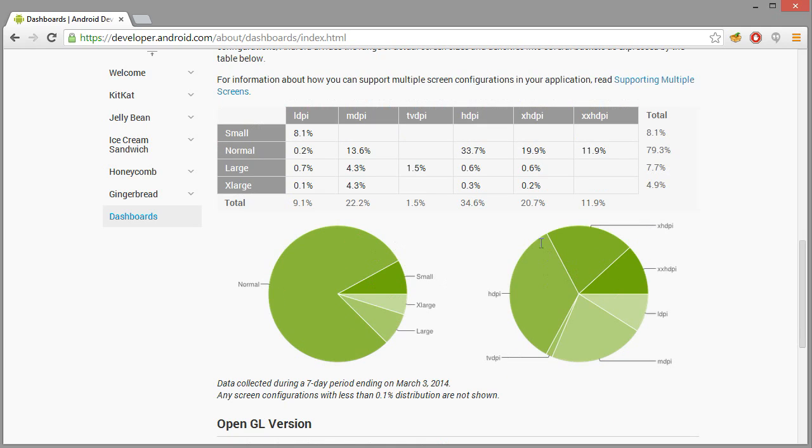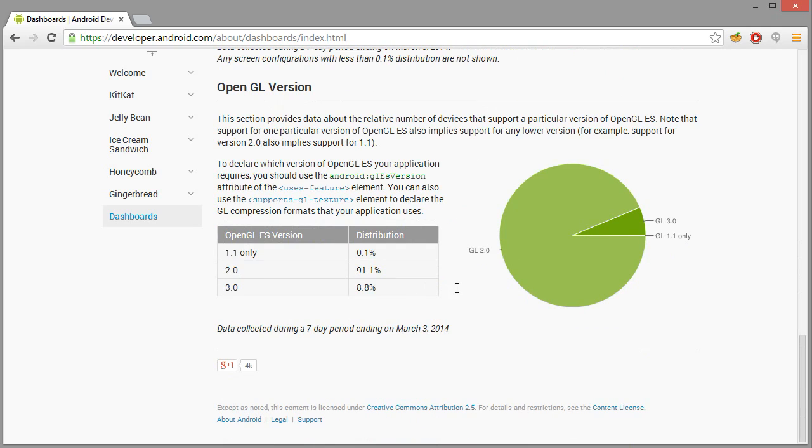Okay. Now here is the OpenGL version. For those people who are developing games on the Android platform, this is highly important. Now you can see how many people are running devices that support which version of OpenGL ES. Of course, if you would like to do something really great and powerful, you have to use the newer features in OpenGL in order to get much better rendering effects. If you fall back to the older ones, then you're going to get a little bit lesser effects